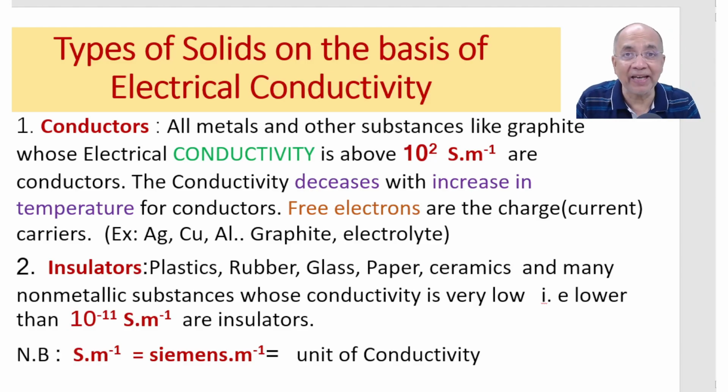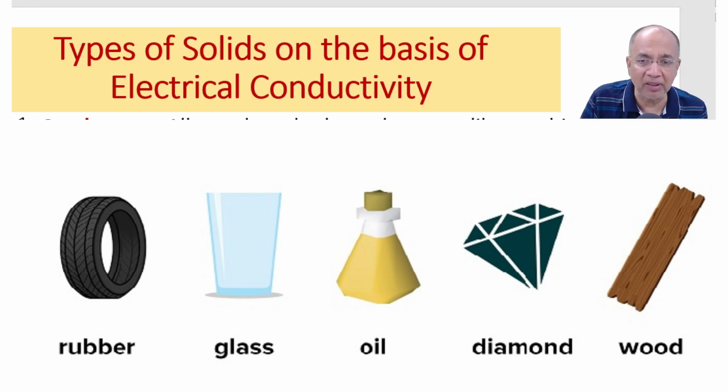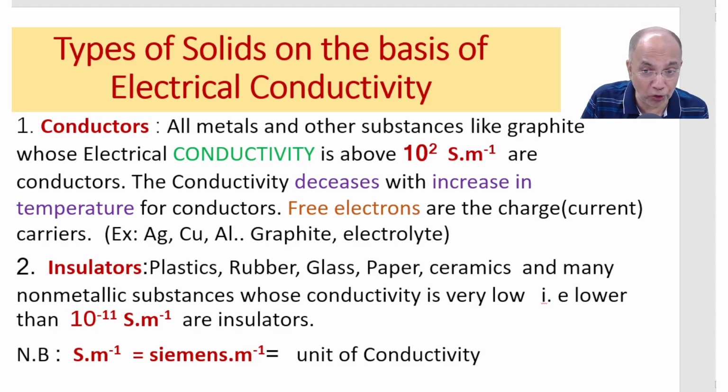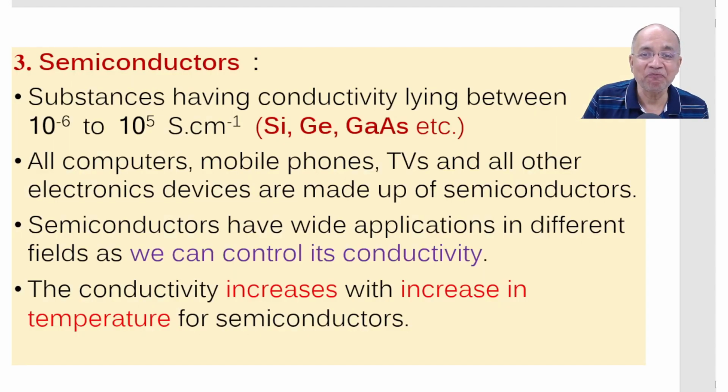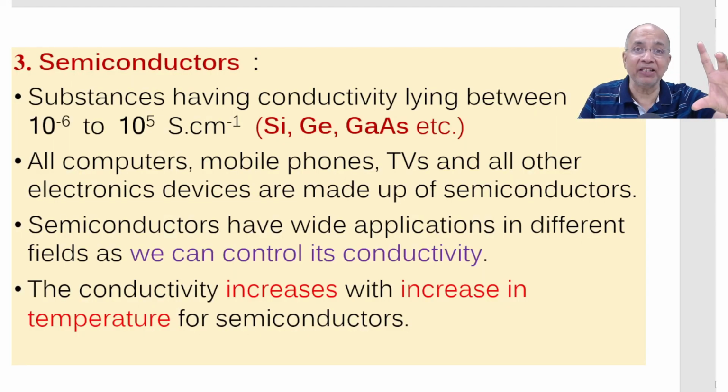And the opposite category, which almost do not conduct electricity, are insulators like plastics, rubber, glass, paper, ceramics, china clay, and so on and so forth. They almost do not conduct electricity, and their conductivity range is below 10 to the power negative 11 Siemens per meter. Now, in between these two categories, the conductors meaning good conductors, and insulators, the poor conductors,